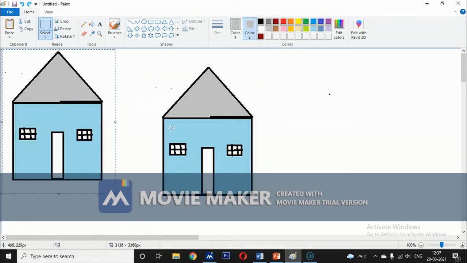When you paste, you get the duplicate copy in the top left corner of the drawing area. The shortcut key for copy is Ctrl plus C, the shortcut key for paste is Ctrl plus V, and the shortcut key for cut is Ctrl plus X.